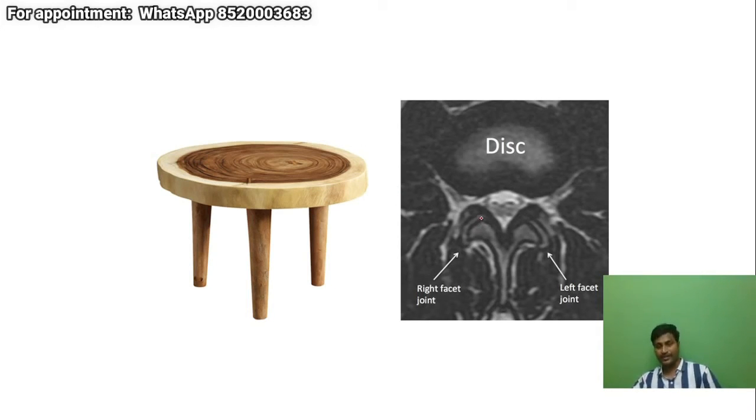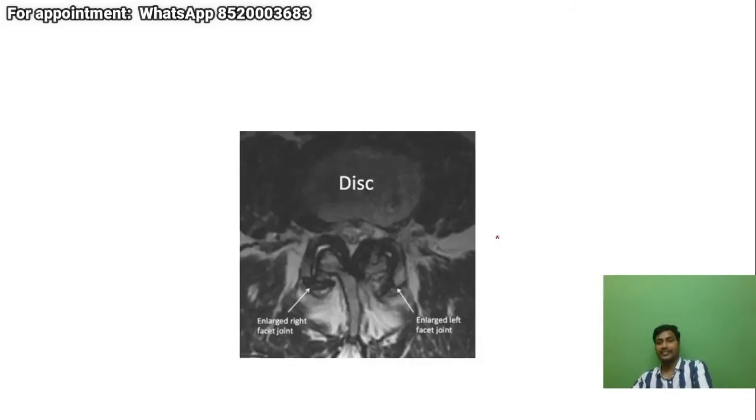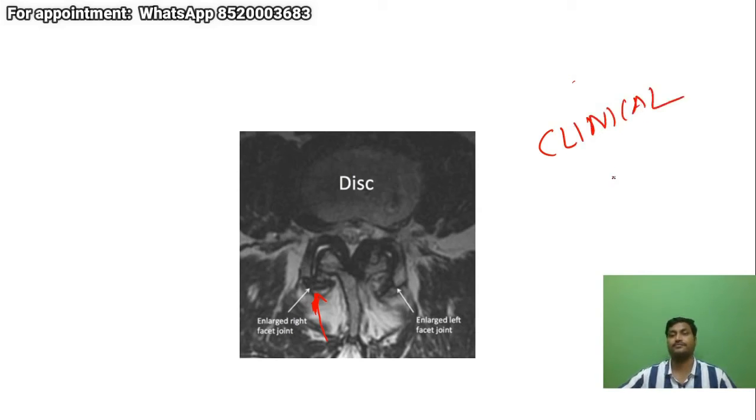But on radiology MRI, you can see that these are the facet joints. They are usually white because of well hydrated cartilage. But in facet arthritis, there is hypertrophy of the joint, there's a desiccation, but you needn't be so good at it. You can just say facet arthritis is a clinical diagnosis. So don't try to diagnose on the MRI. If it's given in the report, it's well and good, but you identify facet arthritis clinically. Although radiologically you can identify this patient as facet arthritis, facet arthritis is a clinical diagnosis.